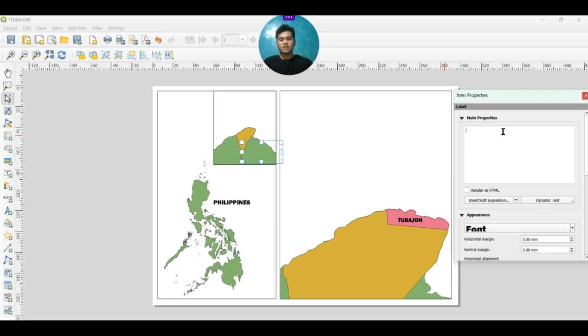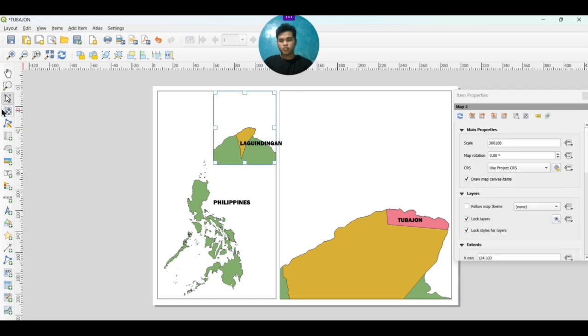In that manner, the smaller part of the map is named Lagindingan, the municipality of Lagindingan. Already done. Here I want to zoom in, so click here and zoom in.